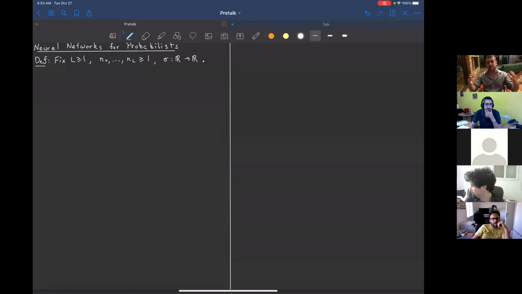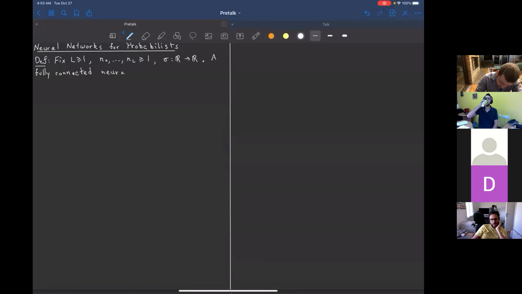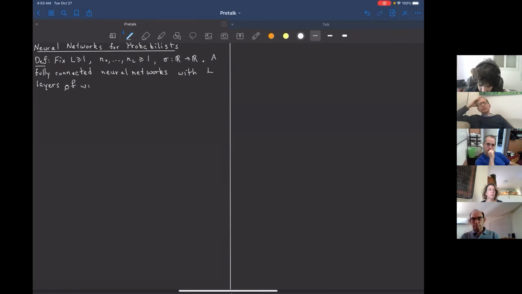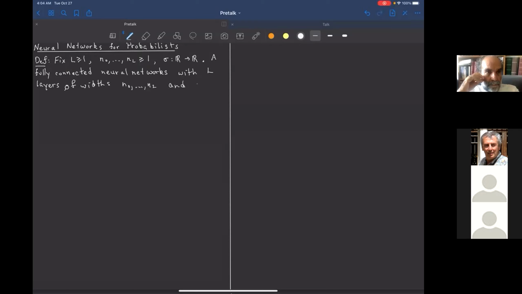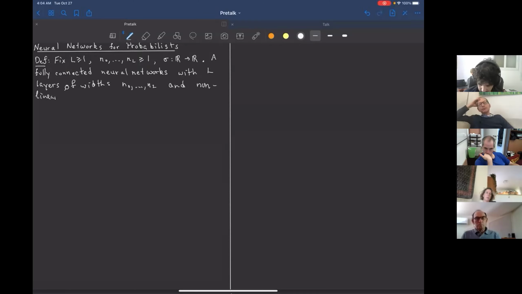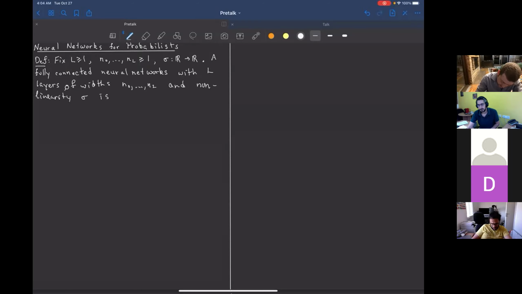Okay, so with this data, I can prescribe to you a finite dimensional family of functions. The definition goes like this. If you want the exact words, it's a fully connected neural network with L layers (L usually stands for layers) of widths N0 up to NL and nonlinearity sigma. Okay, it is any function